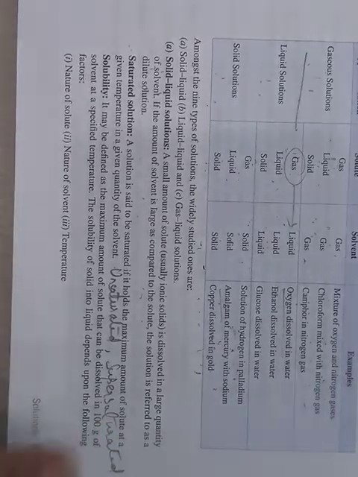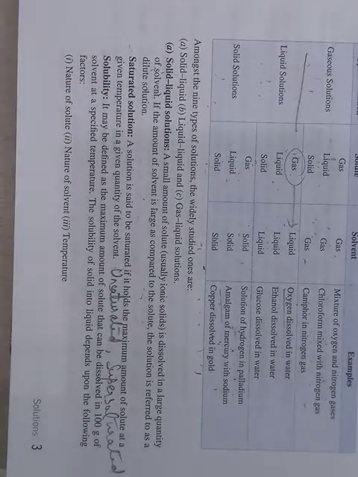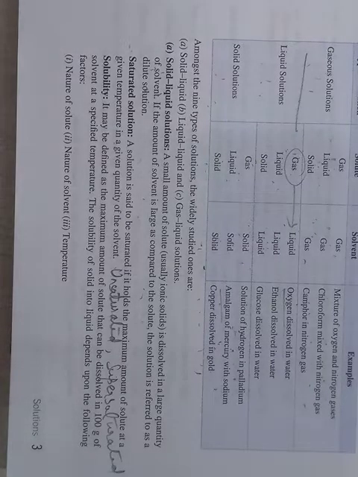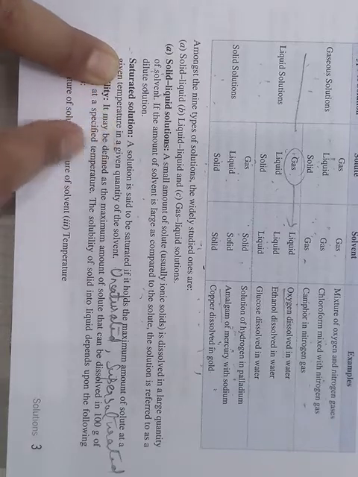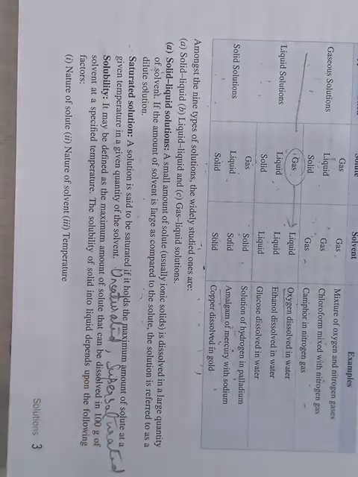Supersaturated solutions are those where, if our saturated solution has been made, as I have explained, you have added a certain amount of salt to water and now no more salt is dissolving, so that condition is saturated and the temperature is constant. Now you can increase the temperature of this solution from 35 to, for example, 50 or 60 degrees. Then you will find the undissolved salt has now dissolved and you can add even more salt to it. When you increase the temperature of a saturated solution, its solubility also increases. It can dissolve more solute. That is what you call a supersaturated solution.